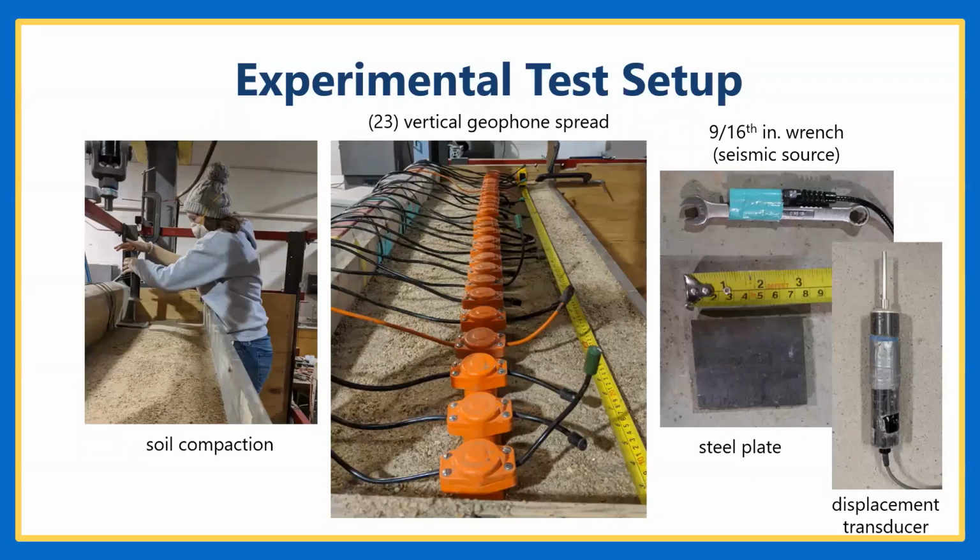So I had the same number of impacts to compact it. Here in the center is the geophone spread. You can see all the phones. And then what's the most fun is that we used an active source to collect this data. And the active source was actually a 9/16 inch wrench. So very high frequency. I had this cute little metal plate that my machine shop cut out